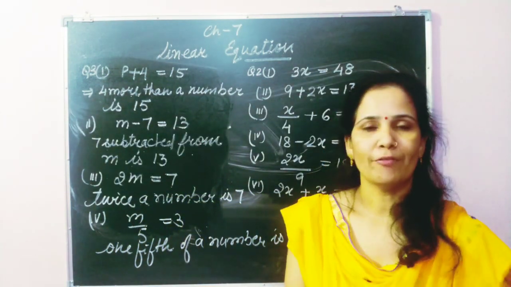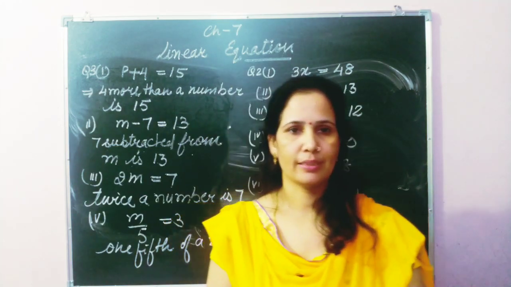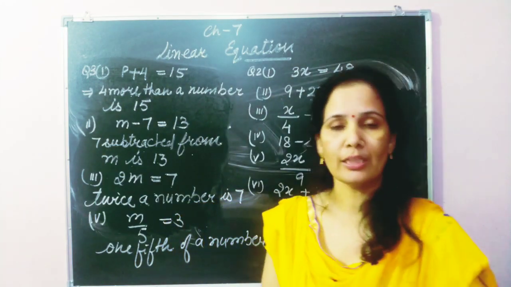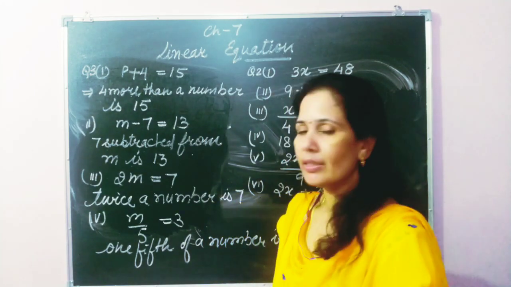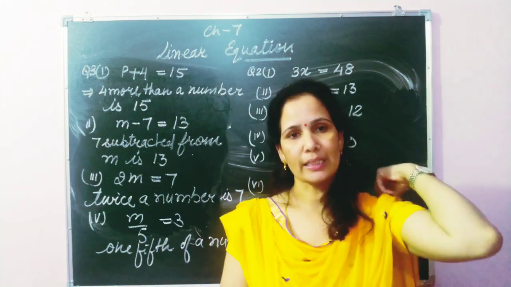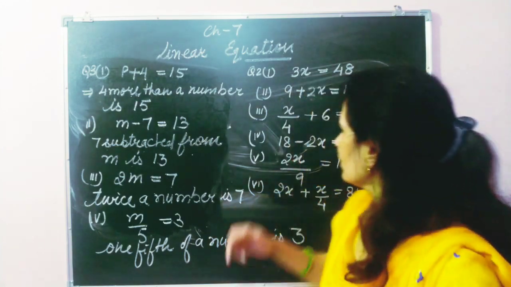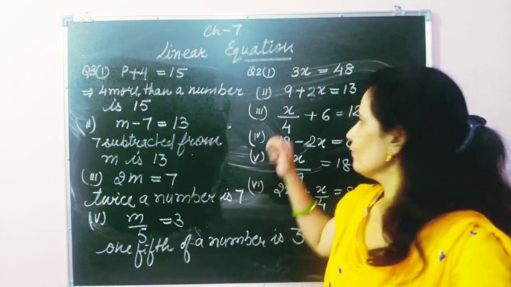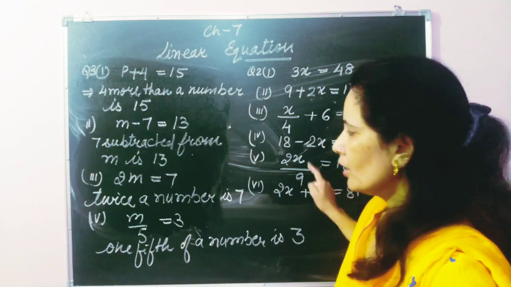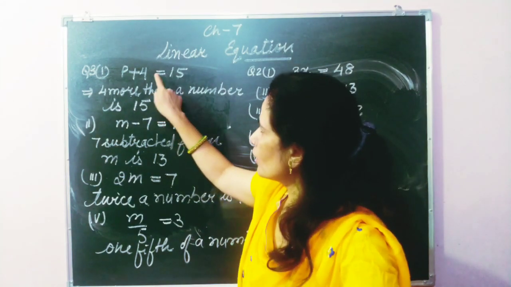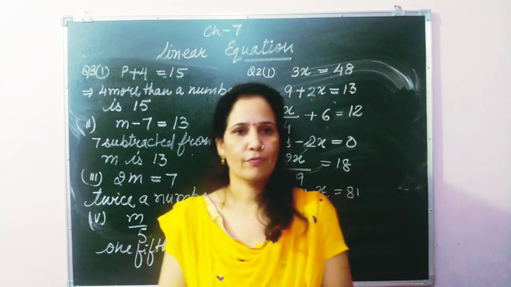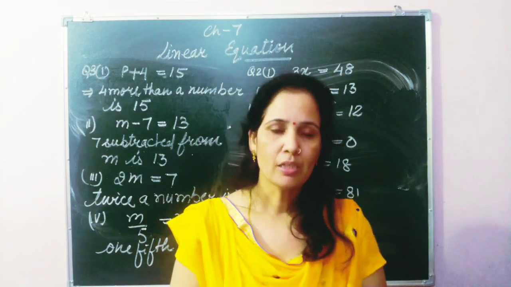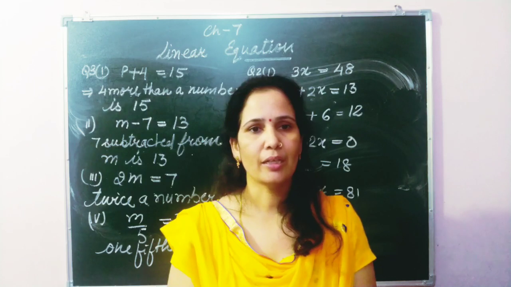And now we have finished the exercise, because I have discussed all the types of this question. In this exercise, 3 questions are given. First question, we have to find out which of the given equations is a linear equation. In second question, the question is given in the form of statement and we have to write it in equation. In question number 3, they have given equation to us and we have to write in the form of statement. So some parts from these 3 questions I have explained. So rest part, student, you have to try by yourself.